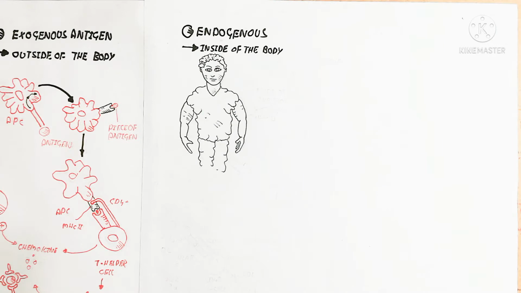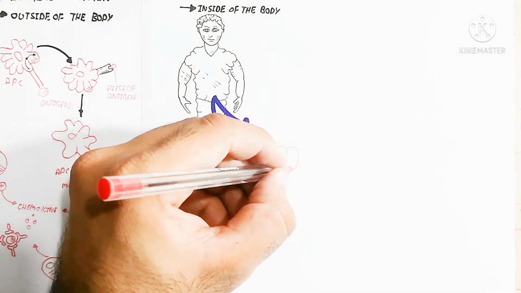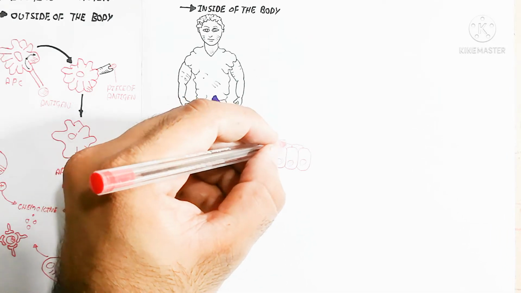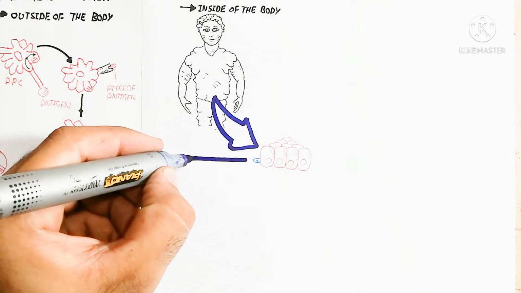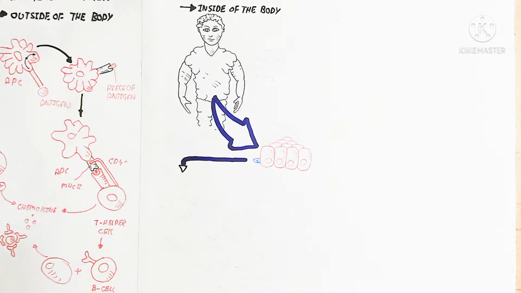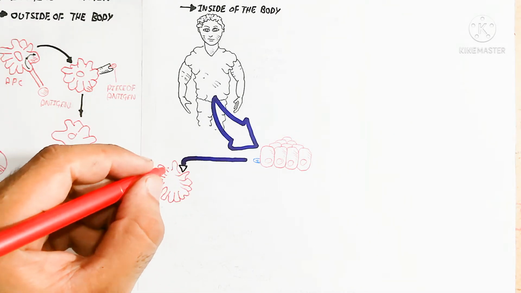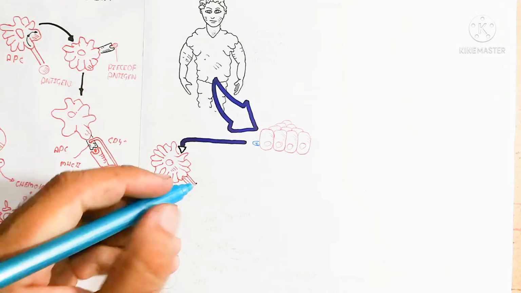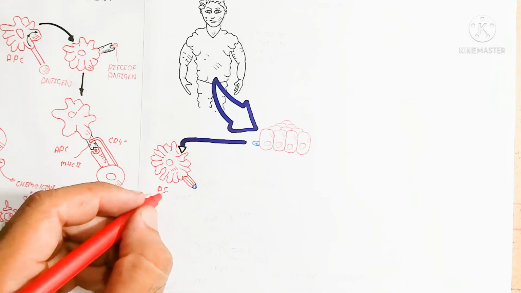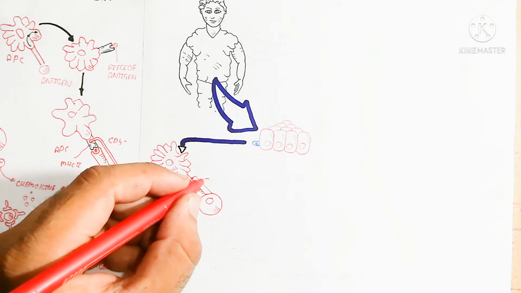Let's begin to understand about the endogenous antigen inside of the body. Endogenous means the antigen is present inside of the body. For example, our cells contain different types of epitopes, and an epitope is known as an antigen. For example, here is the pancreatic tissue. The pancreatic tissue has the islets of Langerhans, which contain beta cells. This beta cell is basically